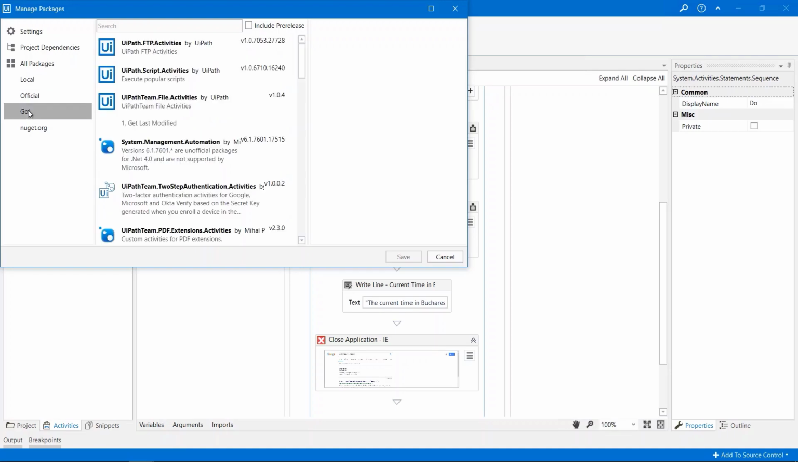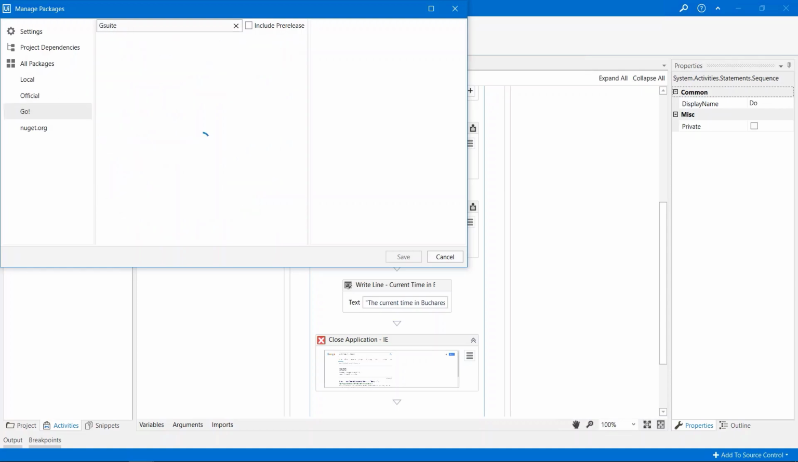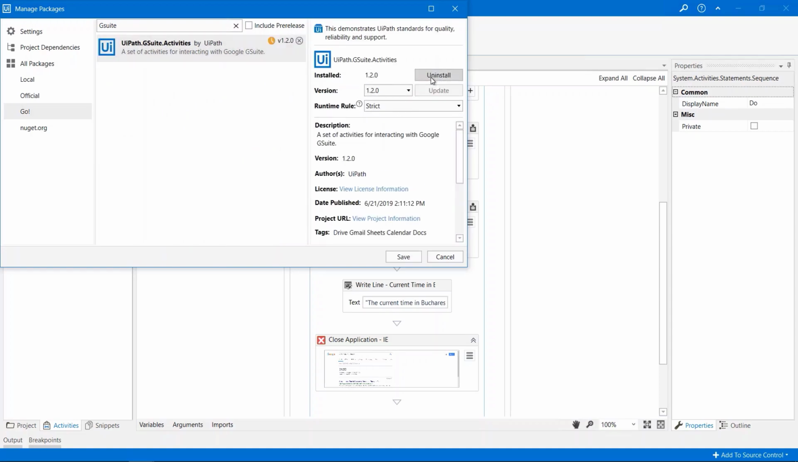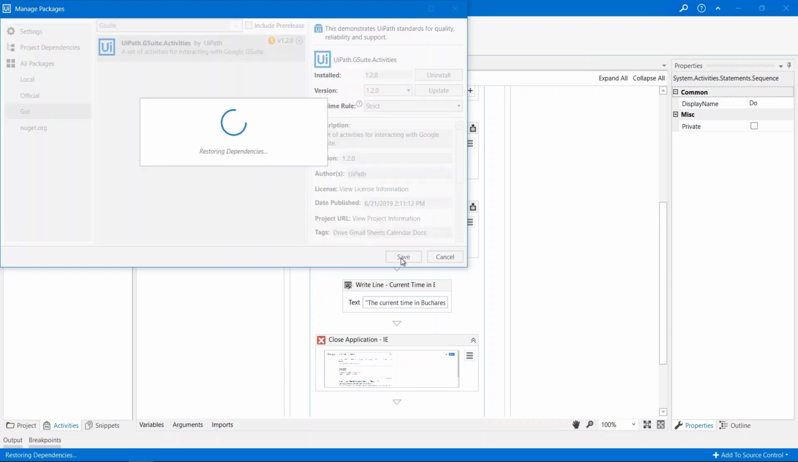The Go! public feed contains all of the activities published on the UiPath Go! marketplace by our ever-growing community of partners, freelancers, and UiPath RPA developers. Please note that in the Package Information tab, it is specifically stated if the packages are built and officially supported by UiPath. In the center, you can see the list of available packages. Let's search for the G Suite package. And here it is. Let's click Install, then Save,